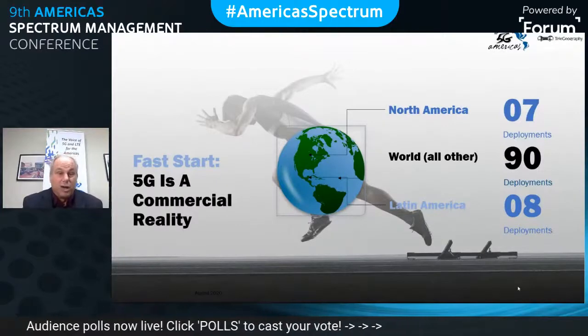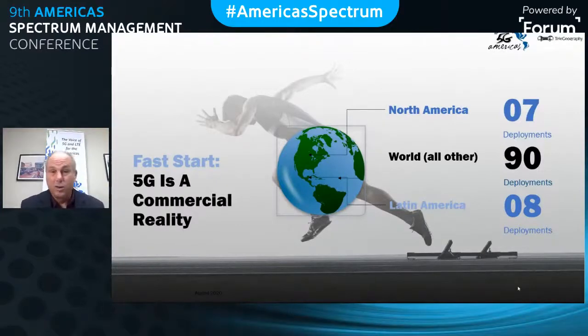And what does that progress look like as far as what's been done over the last few years as far as standards, spectrum, deployments. What that means today is we're at 115 global commercial rollouts. And this is based on the 3GPP standard 5G commercial deployment. So we are actually, as an industry, 5G is the fastest growing technology. Again, fastest growing mobile wireless technology in history. So we have been making progress despite the challenges that we've seen this year in 2020, and we expect that